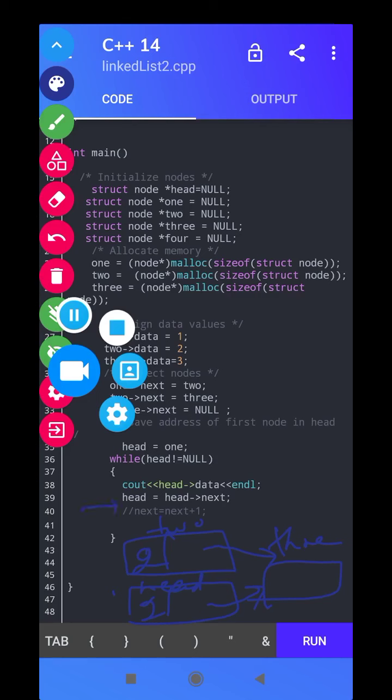Now head is equal to head next, and head next is 3, so head has become the same node as 3. All things in 3 will be copied to head. So when you do cout head data, it will print 3 only. And next time, because 3's next is null, head next also will be null, so it will not print because the while loop will break. So I hope